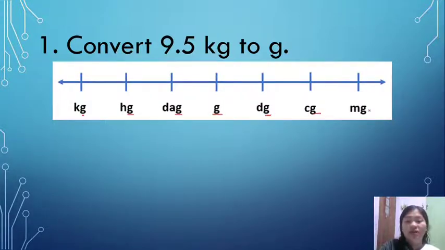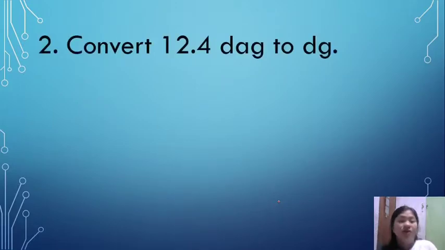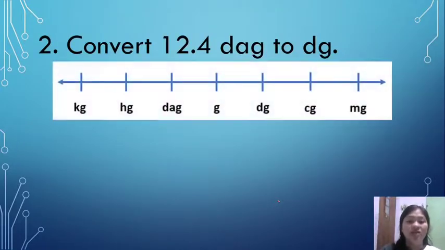Okay, let's convert 9.5 kilograms to grams. So from kilograms, let's count 1, 2, 3. We're going to move the decimal point 3 units to the right. And you may pause the video. Okay, and the answer is 9,500 grams. It is that simple. And for example, number 2, convert 12.4 decagrams to decigrams. So from decagrams to decigrams, you have 1 and 2. 2 movements going to the right. So the final answer, pause again first, is 1,240